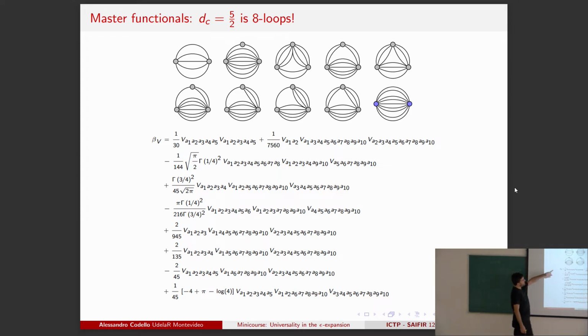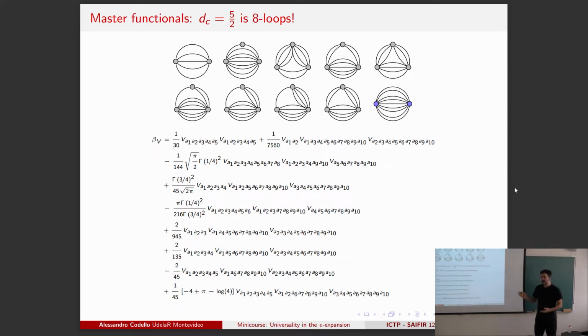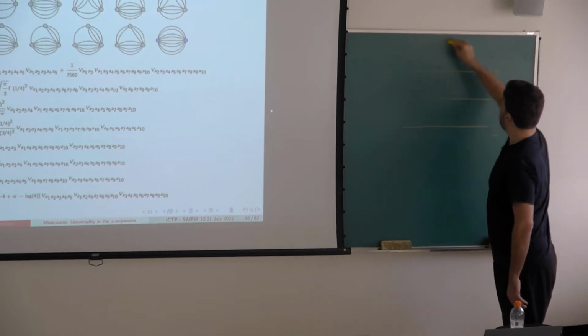But since we were exploiting the fact that in one component the expression is simple, and we can derive some general formulas, and then we can dress these general formulas with the indices, we completely avoid this task without ever computing a loop. But now we have at our disposal the most general beta function for n components for any hypercritical dimension. And as you remember from the other lectures, we have that if this is 2, 3, 4, 5, and